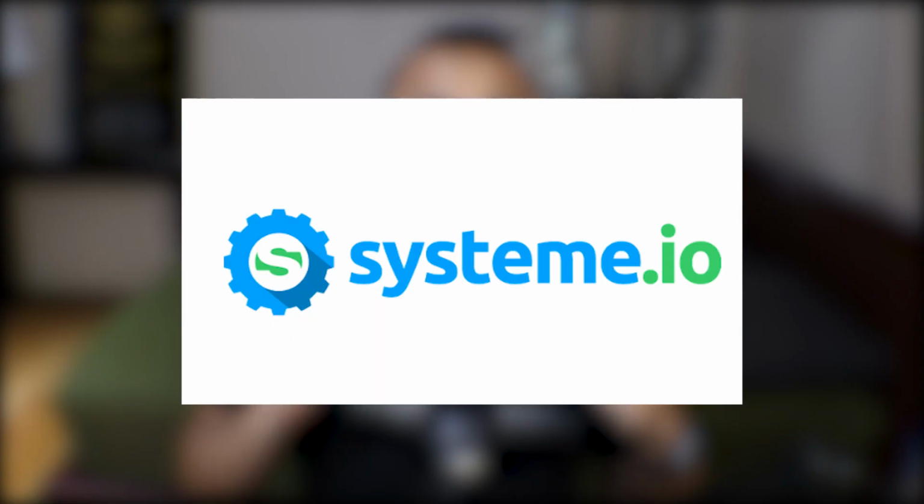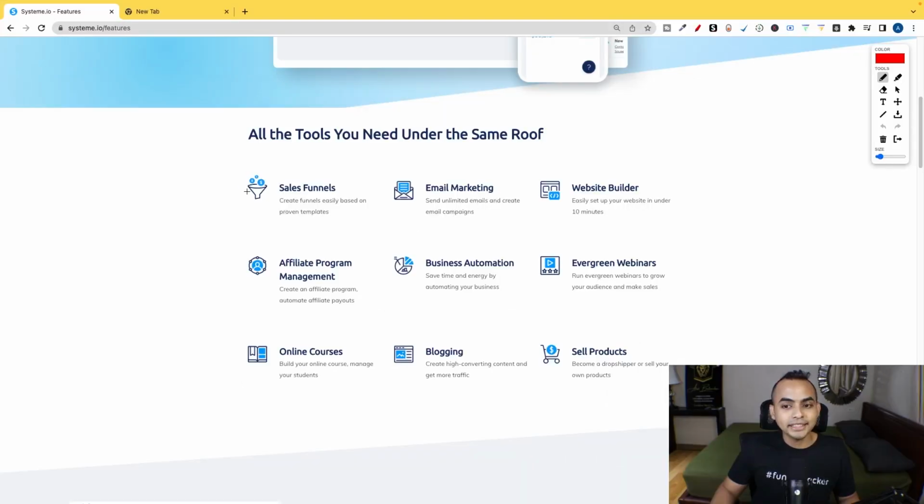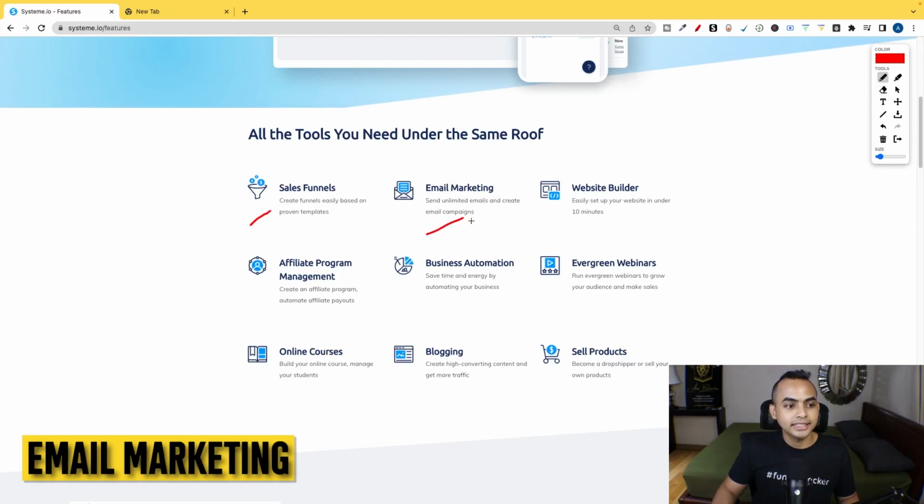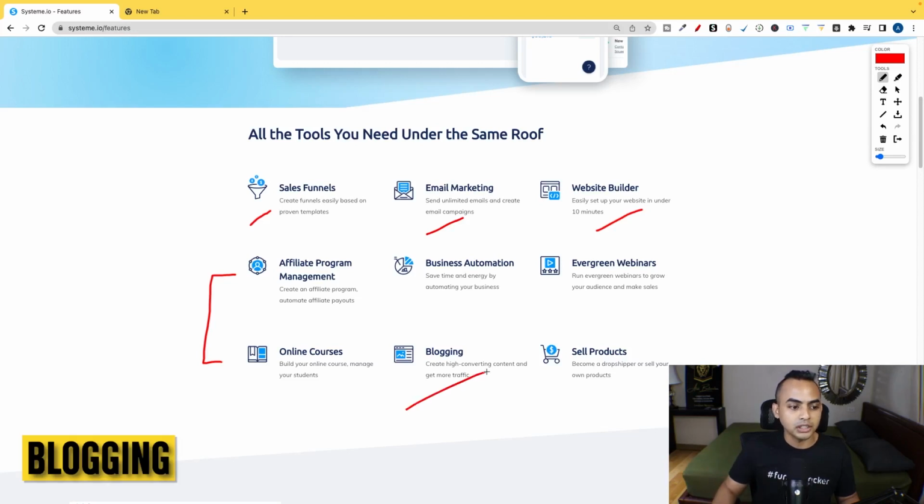If you've never heard of Systeme.io before, it's an all-in-one platform that gives you all the tools that you possibly need in order to start, grow, and scale your business. As you can see, they have a total of 9 different tools in one single platform. Most often, if you're just starting, you'll definitely need the sales funnels, the email marketing, or the website builders. Usually the other 6 are more for advanced, or if you are into blogging, then you can definitely do that,